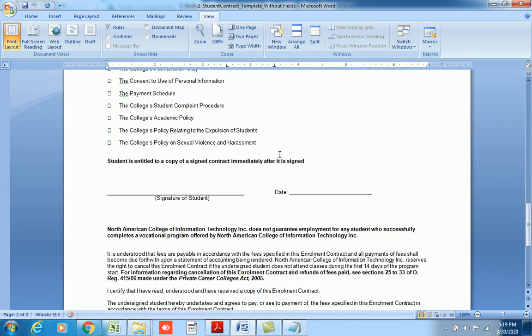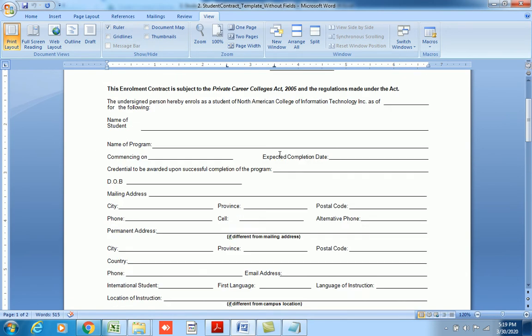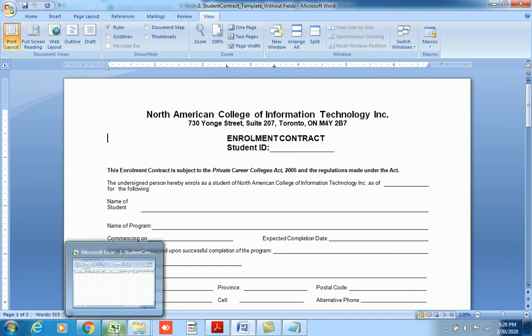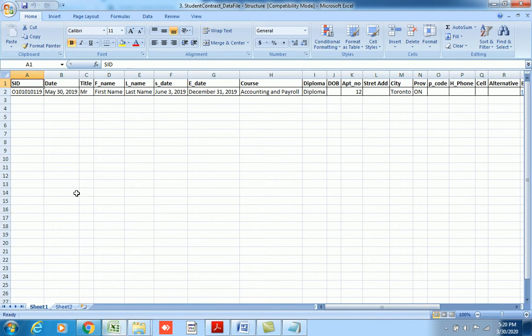So once you have this document ready in Word, the next thing is, where is our data going to be present, right? That we are going to make in an Excel file. Just like we did the Word template, we are going to have a template. We are just calling it a template. We are not saving it as a template file. If you know, in Excel you can save a file as a template as well. We are still going to save it as a normal Excel file, but for our own convenience we are calling it a template, just to keep it in sync with the whole task.